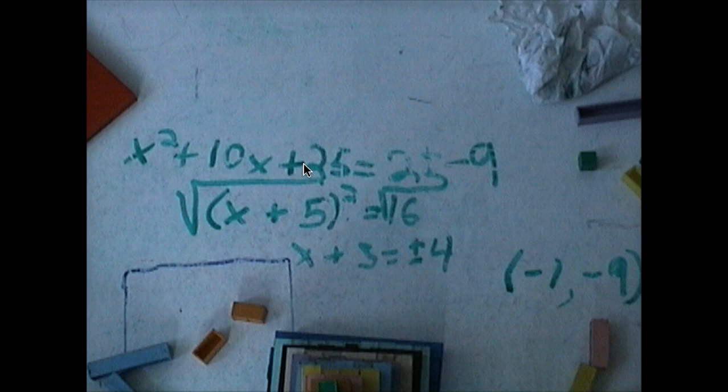And he couldn't 100% remember how to do it, which is 100% natural and normal with kids, right? He's been in school all week doing all kinds of other math, and he forgot what to do here. So we talked about it, and he got the blocks out, and he knew he had to complete the square, but he kind of forgot that he had to get the 9 out of there. So I helped him by subtracting 9 from both sides, just like we did a second ago. And then he remembered that he added 25, so he knew he definitely had to add 25 on this side. And he had the negative 9 blocks over here, so he combined his 25 and the negative 9, and he came up with 16. And he had a square over here that was x plus 5 by x plus 5,